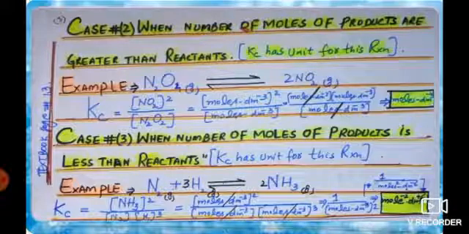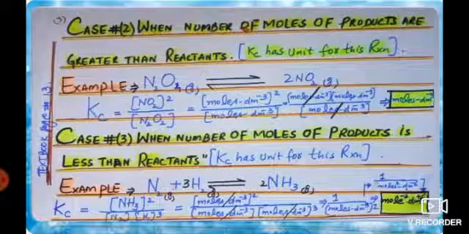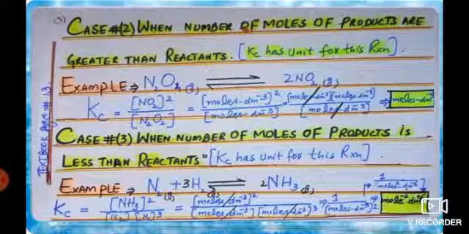Then when we put the units in the equilibrium constant expression, we get moles per dm cube whole square divided by moles per dm cube. So the moles per dm cube and moles per dm cube I will write separately in the numerator, and in the denominator it is 1 time. So the one moles per dm cube above cancels out the one below, and 1 moles per dm cube will be left, which is the unit of Kc in this case when the number of moles of product is greater than the number of moles of reactant. So it means in this case there is a unit.